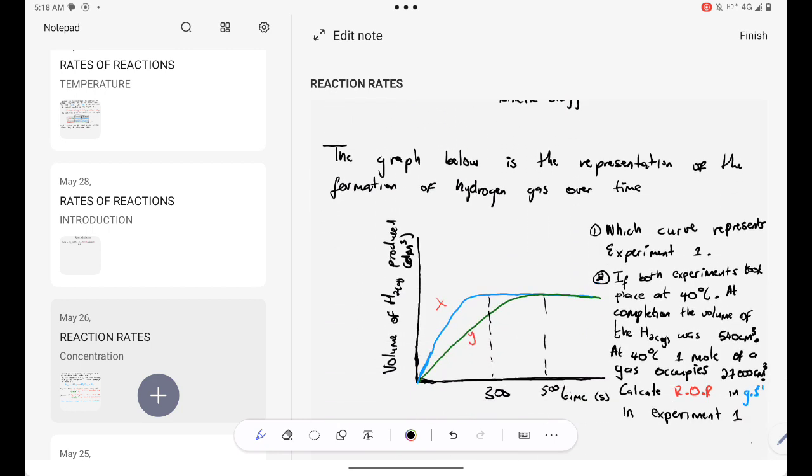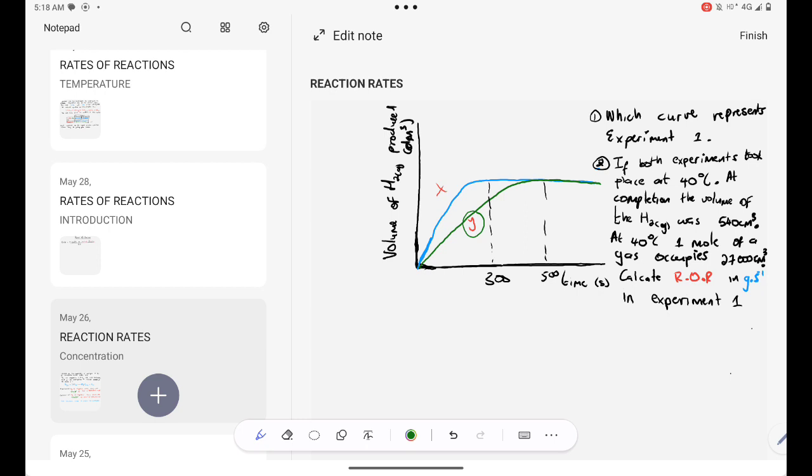So I now know that curve Y represents experiment 1. Are you together? Okay, and then now we are told that if both experiments took place at 40 degrees, at completion the volume of... Another thing, guys, that I want us to note: if we increased the concentration of our limiting reagent,